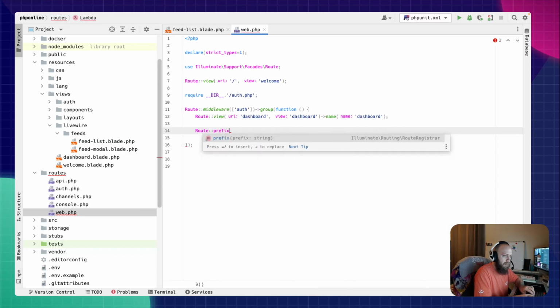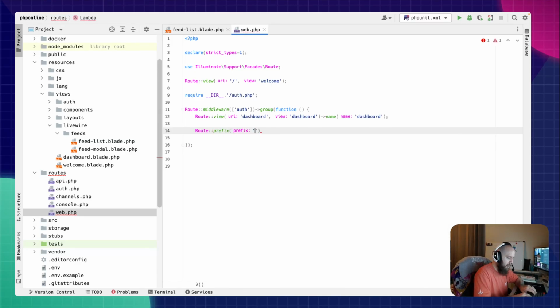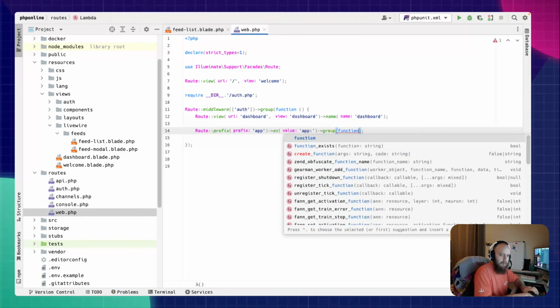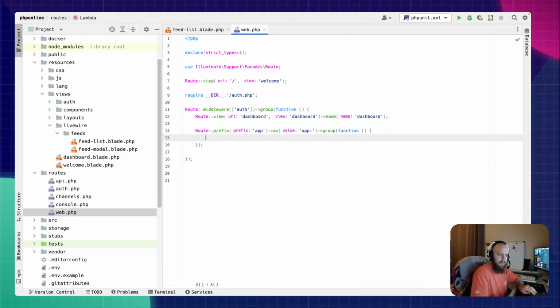We're going to do prefix of app, maybe as app, and we're going to group naming conventions. Right, so this is inside our app, so now we can say